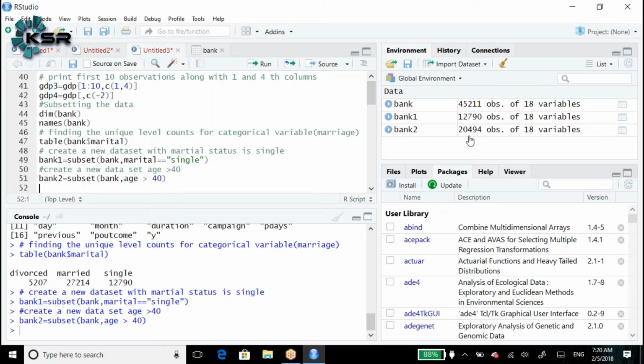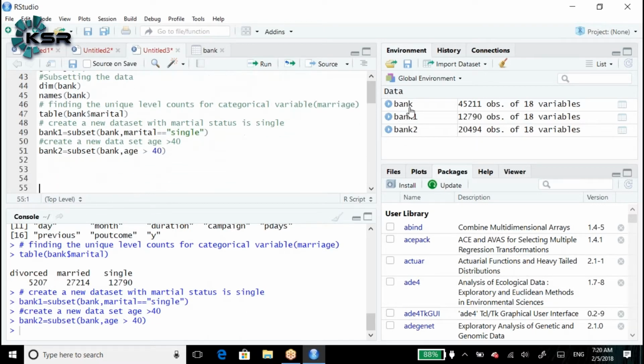Here, only one condition is applied. Is it possible to apply both conditions by using the AND symbol or something like that? Now we have applied only a single condition. Can we apply more than one condition at a time? Yes, we can apply more than one condition at a time. Now how do we do that?